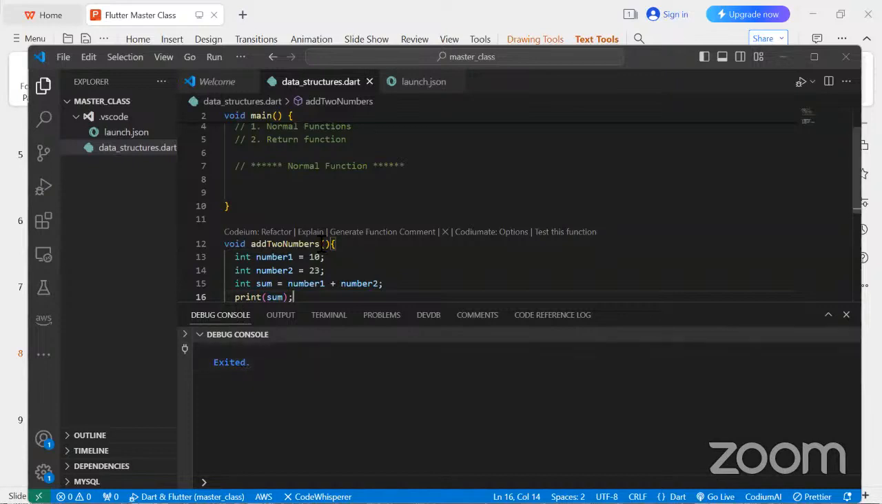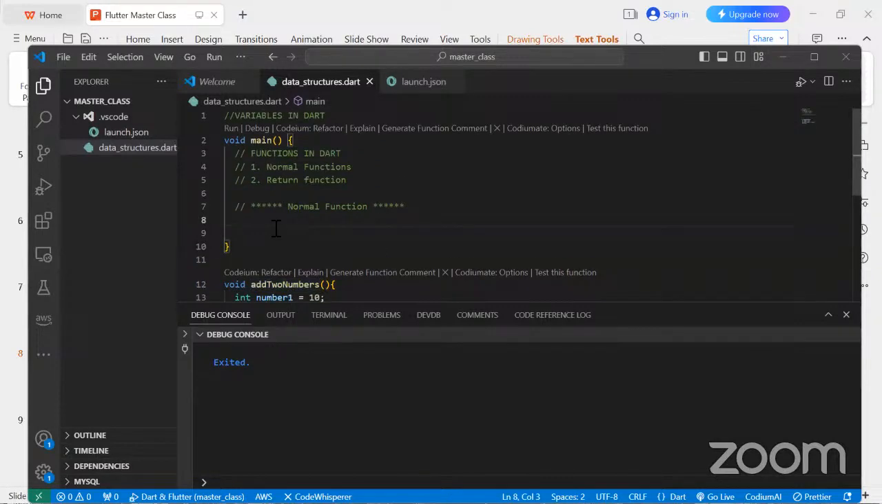It's empty, exited. Now I have to call this function somewhere, and where I have to call this function is inside of this void main. Once the code is run, it runs through this void main. In Flutter, void main is very important because every process passes through the void main before getting to other things. So once I run this,